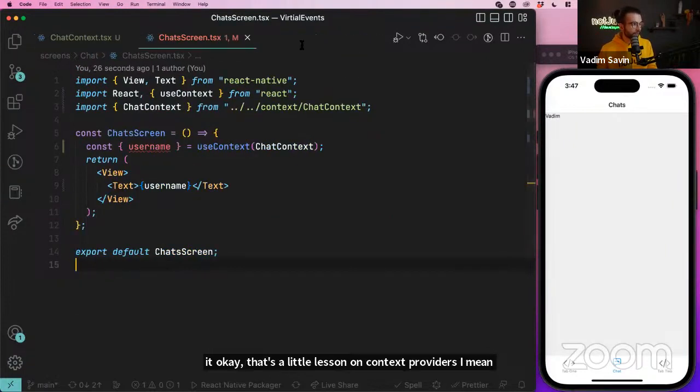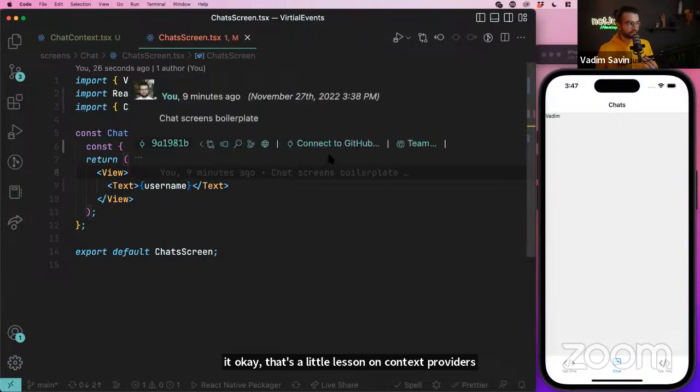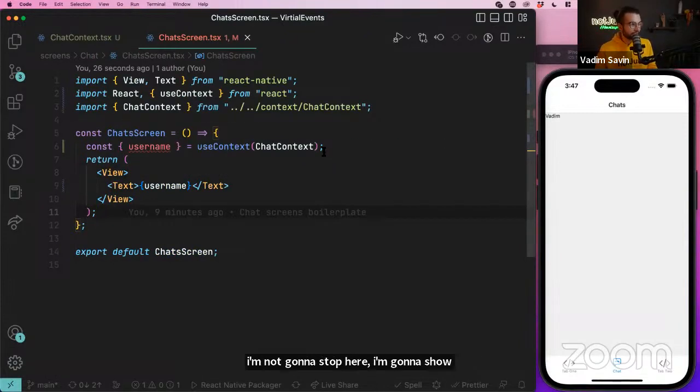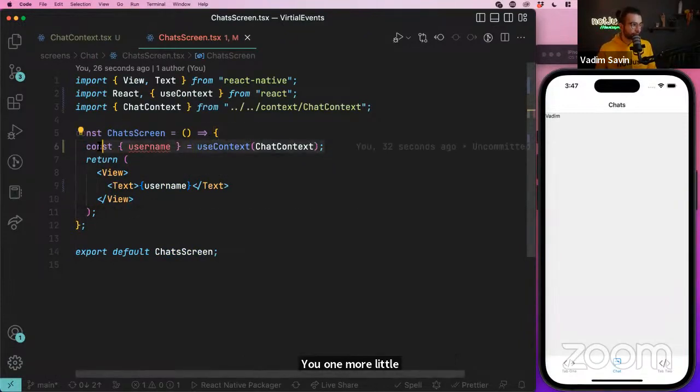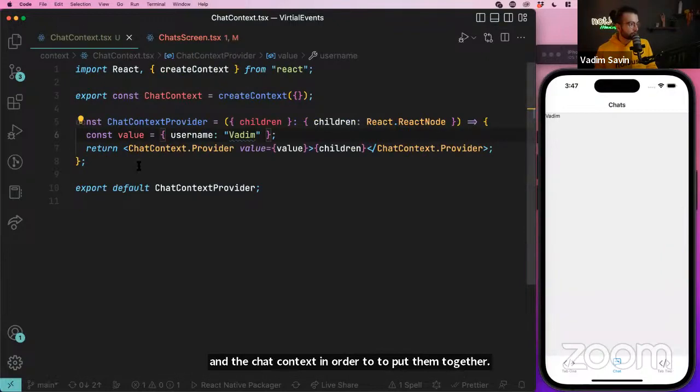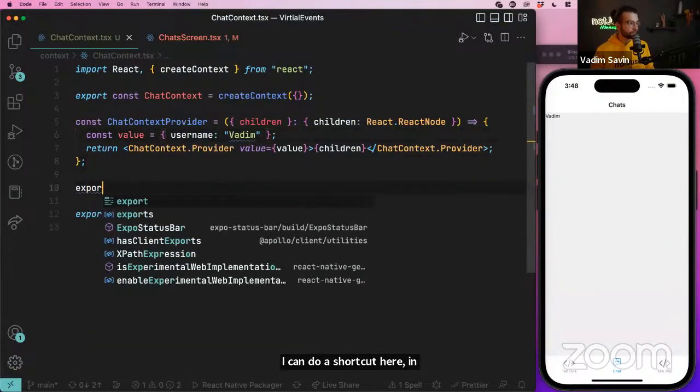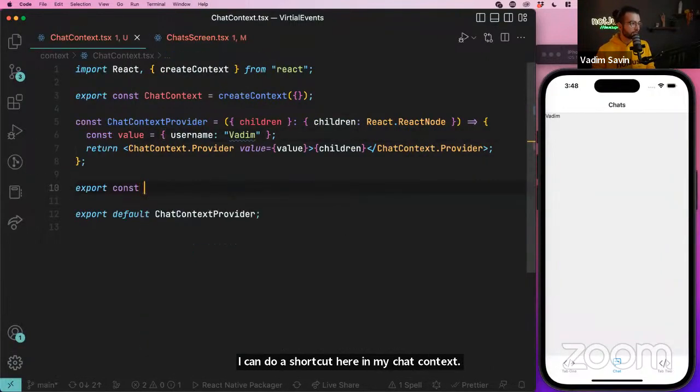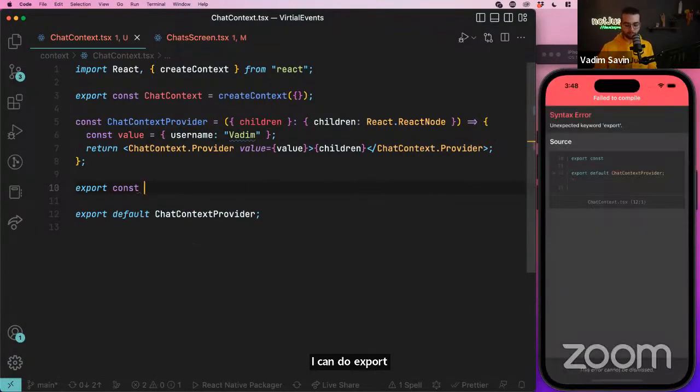I'm not going to stop here. I'm going to show you one more little trick. As you can see, at the moment in order to use data from this context, we also have to import two things, the useContext and the chat context, in order to put them together. I can do a shortcut here in my chat context. I can do export const, and define a custom hook called use chat